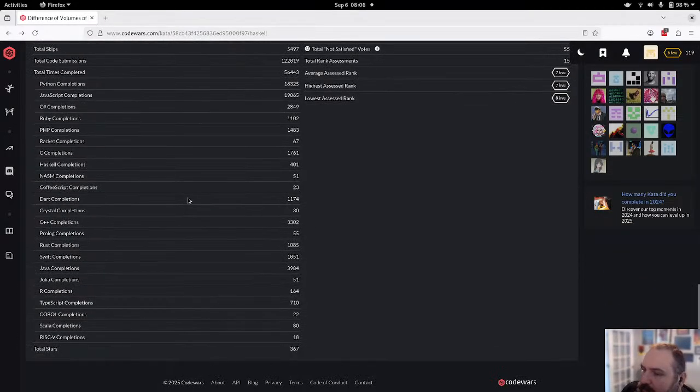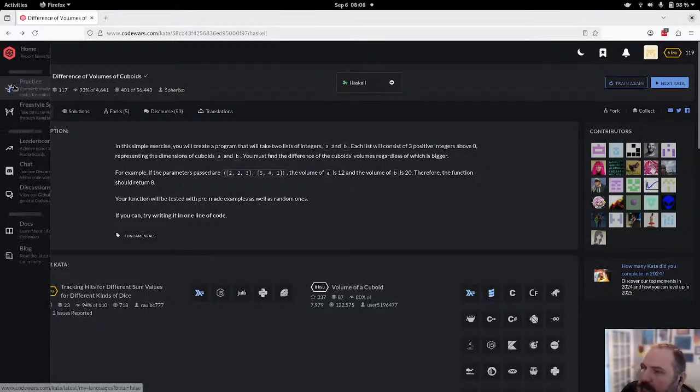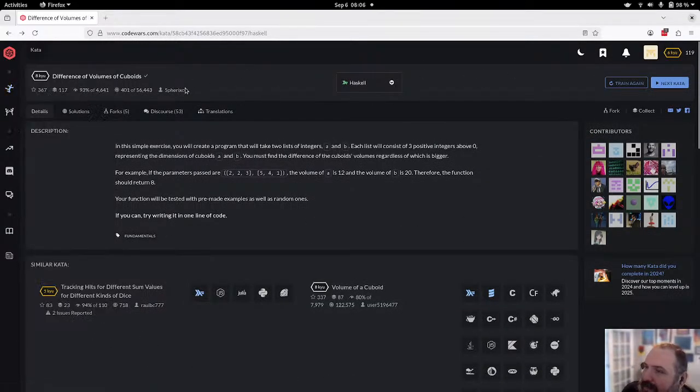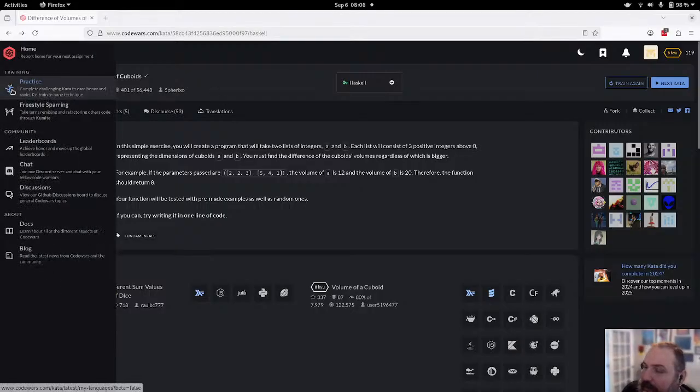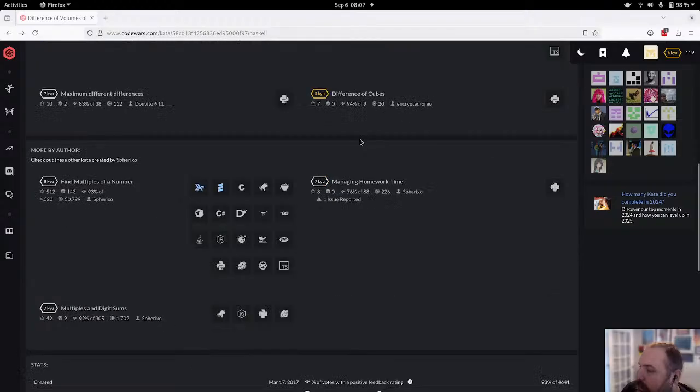You see me struggle on these. But I may pick a different language or I may start over because I haven't done Haskell in a really long time. And it is not for the faint of heart, although I do like it. The other thing to try would be Python. Python's pretty popular and I really like Python.